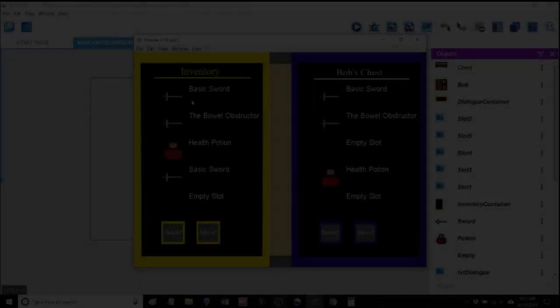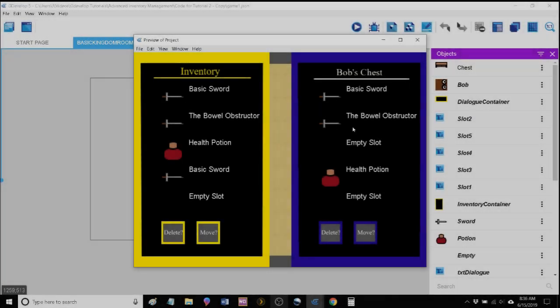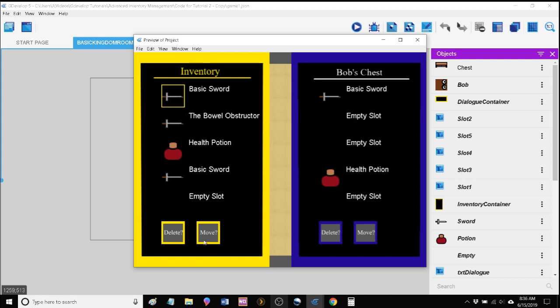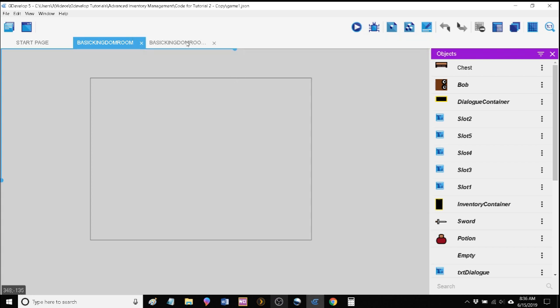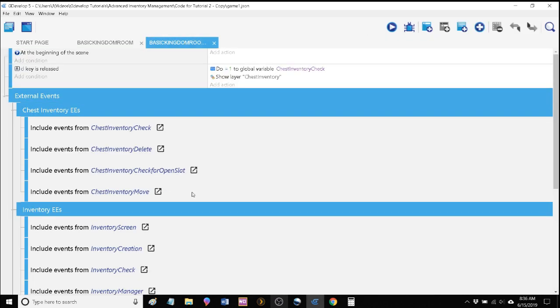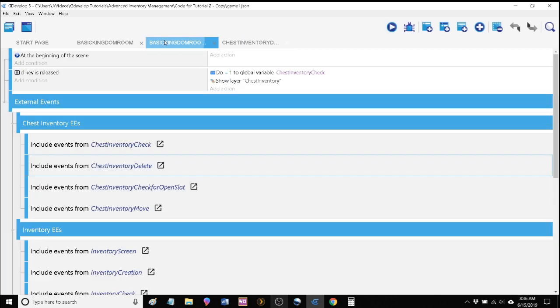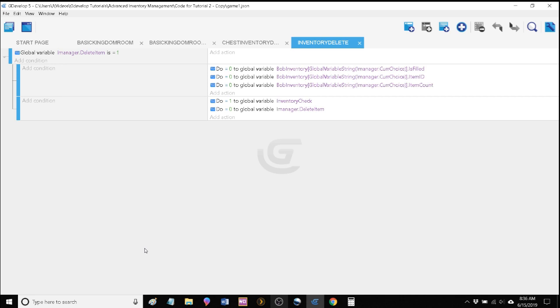Okay, as I was playing around with this and testing it out, I did find one more bug that I just want to take care of. It's a really quick one. It has to do with when you delete an item and then try to move one over. See how it didn't show up here? That's because we never cleared the current choice in our delete external events. So open up the chest inventory delete and the regular inventory delete, and let's just add a quick